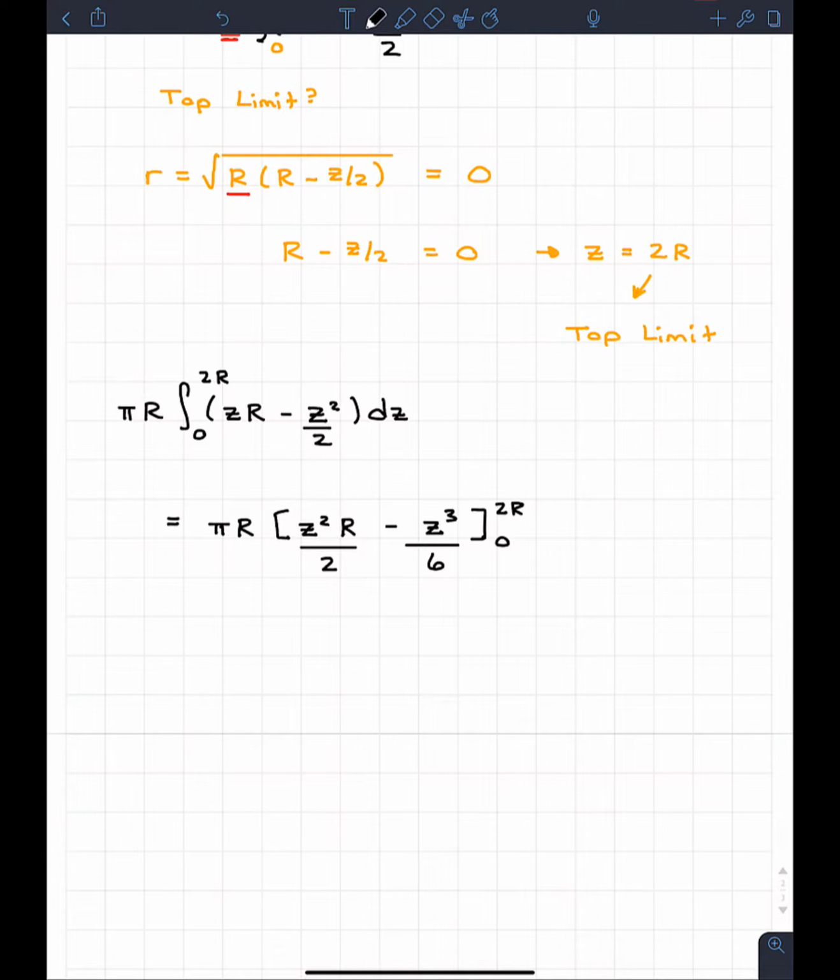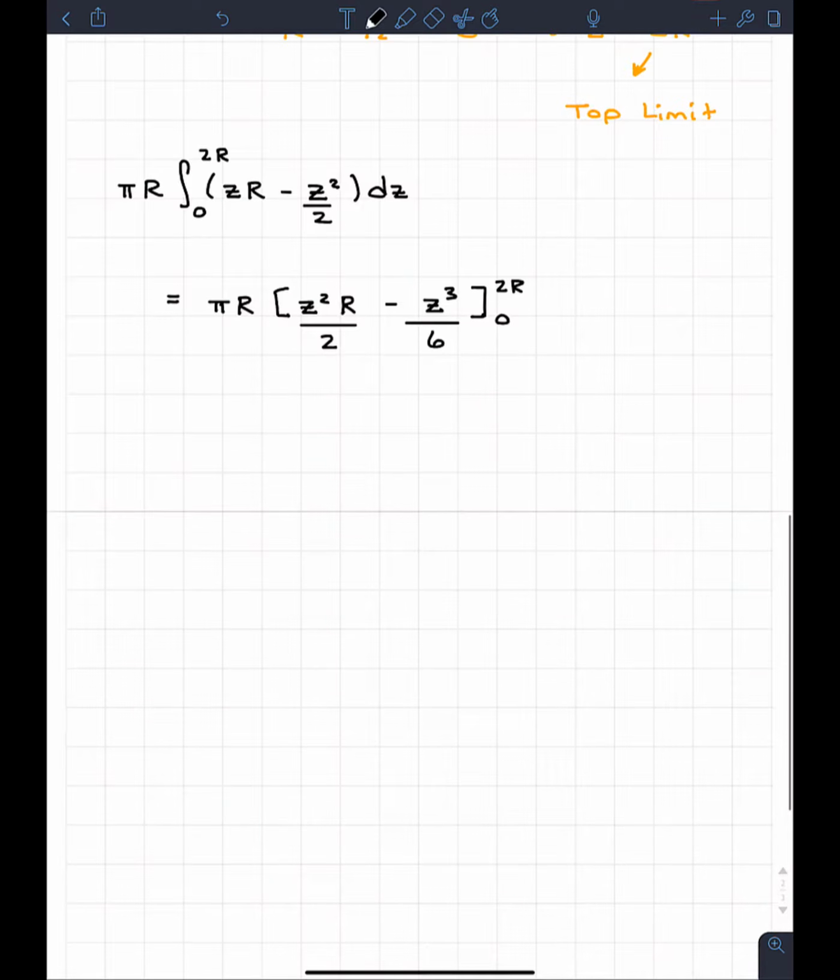Well, when we sub 0 into both of these things, the z squared r or the z cubed, it's just going to be 0. So the only thing we have to worry about is substitution of the 2r. So when we come in here, we're going to get pi times r, and then times, and we're going to have to put the 2r in. So we're going to have 2r